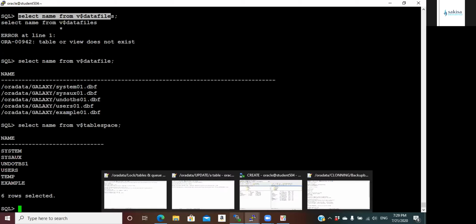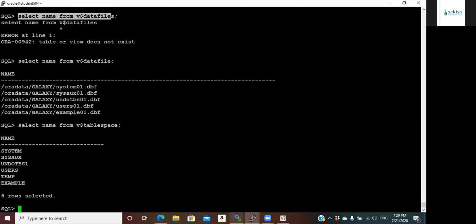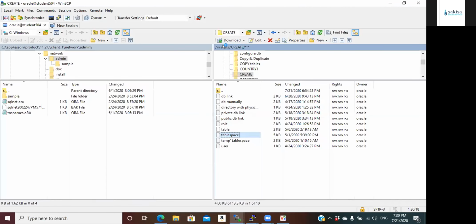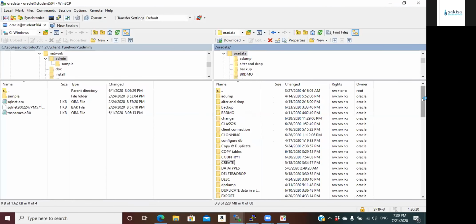Okay, so I see the problem. The issue is that when you drop a table space without including the contents and files, it drops it logically and not physically.